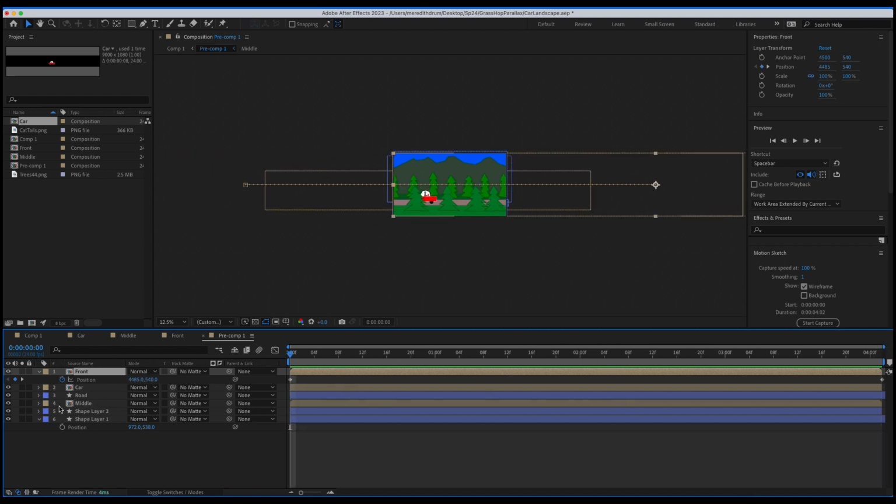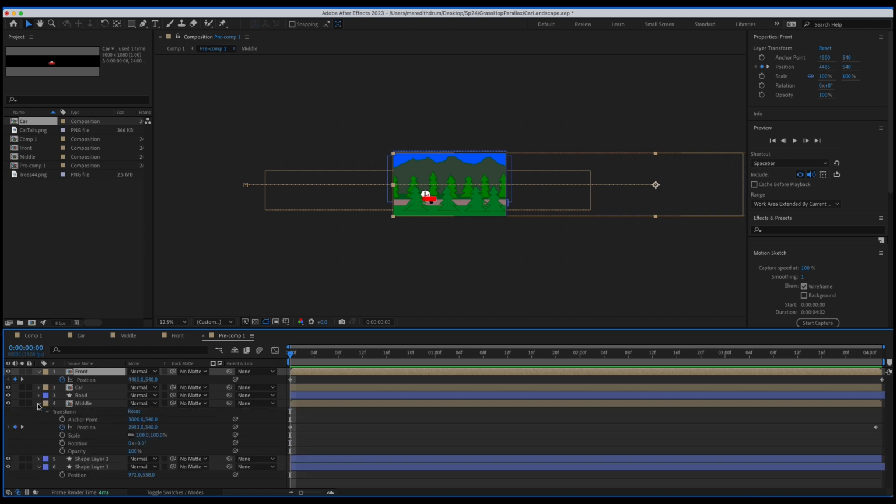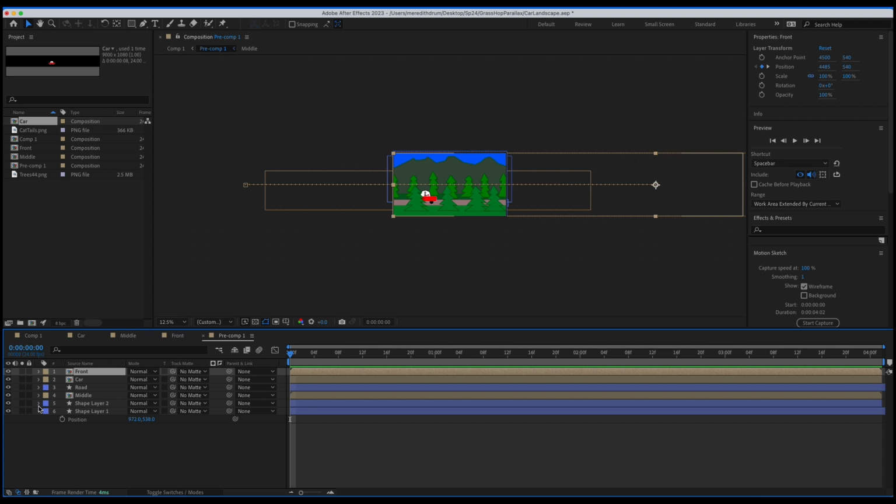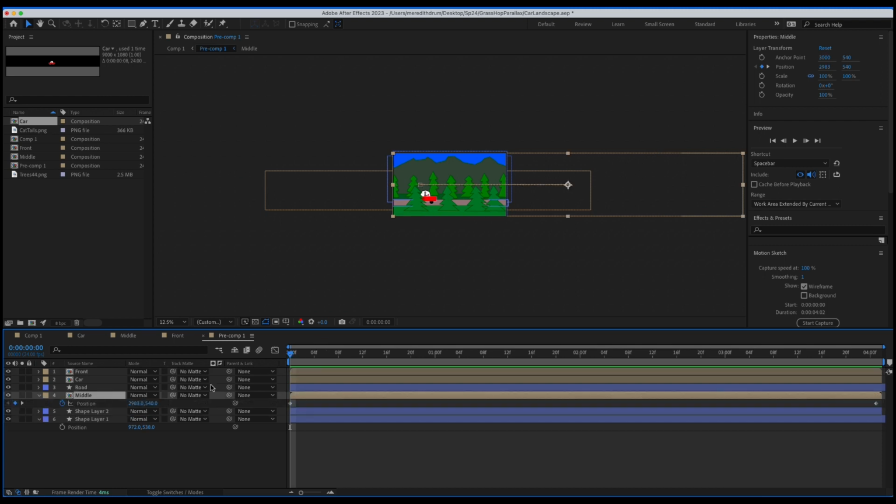So same with the middle. It doesn't move as fast. Again, you can just push P, sorry, position. And you can see I moved it to where I wanted it to start and gave it a keyframe by clicking on the keyframe. And then I moved to the end of the composition, and I also moved the middle section here.